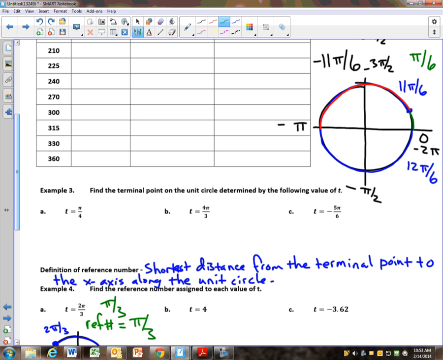Is it clicking? Yes. Yeah. Okay, good question. Exactly. So when we have pi over 6, so like in that situation, we said that was